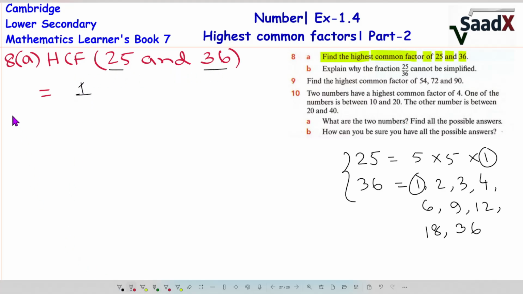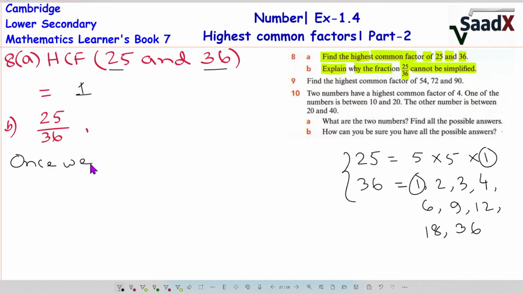Okay, then number 8b. Explain why the fraction 25 by 36 cannot be simplified. Look, 25 by 36 we cannot simplify because we cannot divide by a common factor. So we can write, once we simplify 25 by 36,